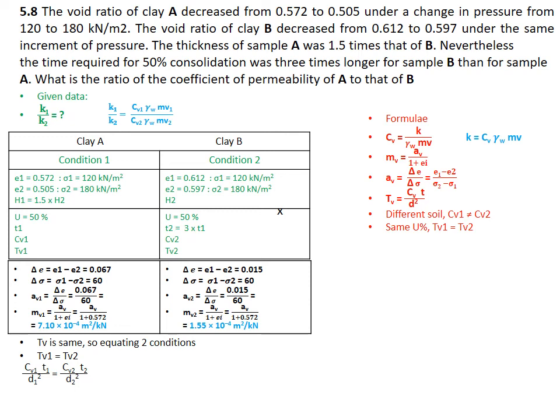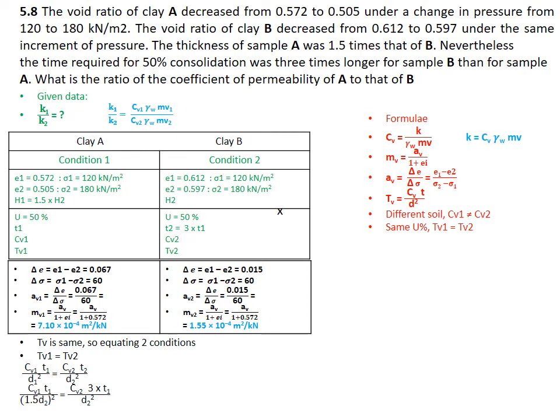Now the question is of d. Now the H is not given here, and also there is no mention of drainage, whether it is single or double. So you can assume any drainage condition, assume it's single. In that case it is d1 equals H1, or also you can assume it double, so then in that case d1 equals H1 by 2. Both the cases are okay. So for simplicity we'll assume it as single. So the d1 value is nothing but the H1. So d1 you can replace by H1, which is nothing but 1.5 times H2, and d2 directly replace it as H2. So this is how the equation will look like.